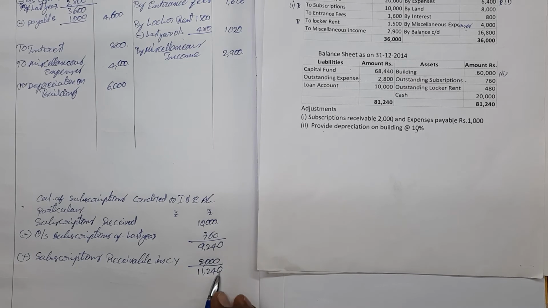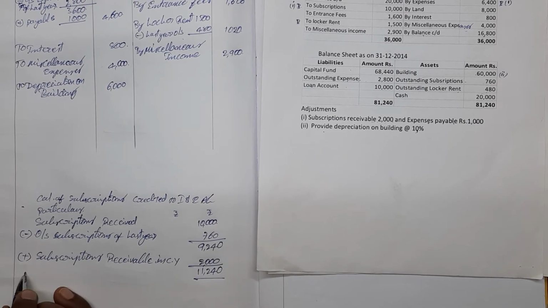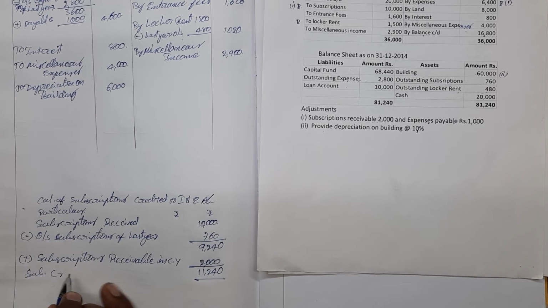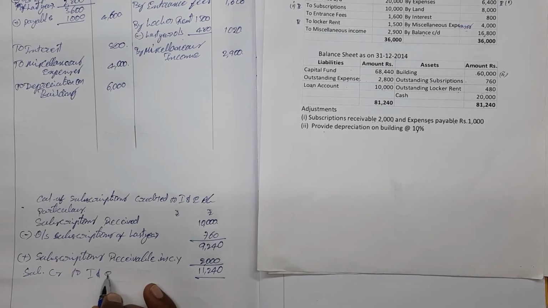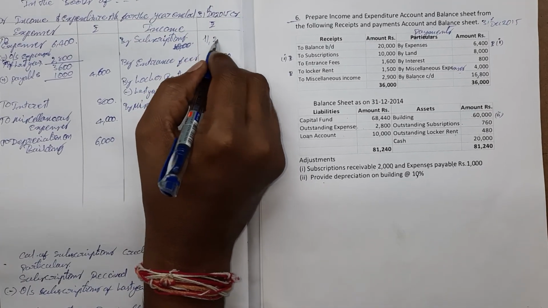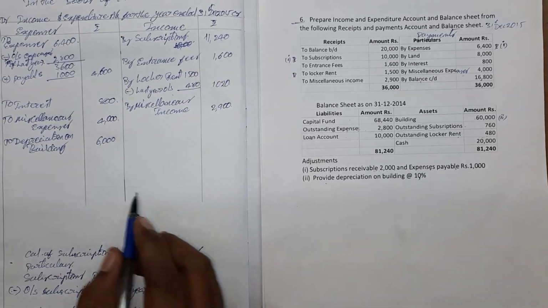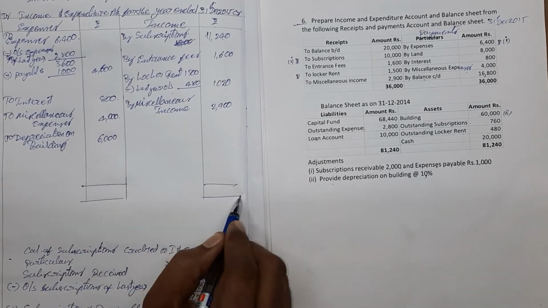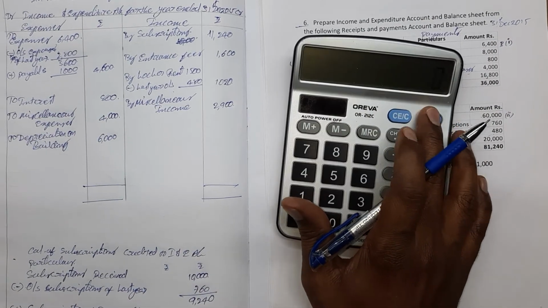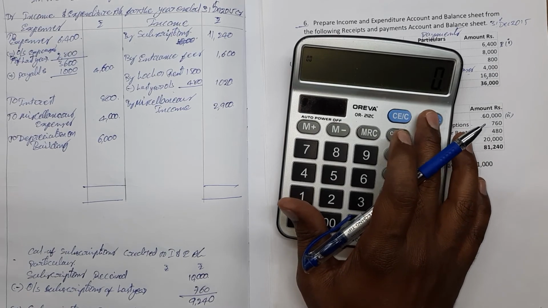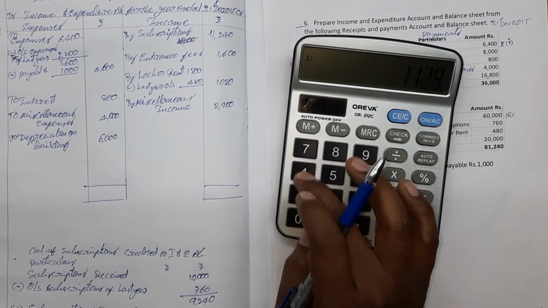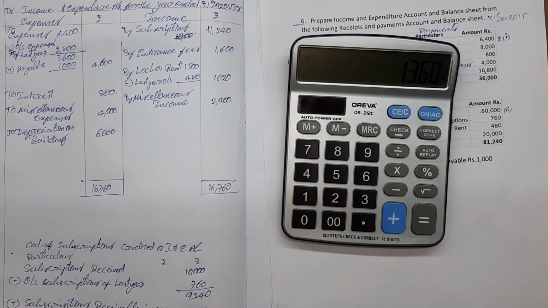Now first of all, you can close subscriptions. This is subscriptions credited to income and expenditure account. Subscriptions credited to income and expenditure account, that is 11,240. The same amount, 11,240, is credited to the subscription account. Income and expenditure account credit side. Now you can total the credit, that is debit is less, credit is more, 11,240 plus the surplus,